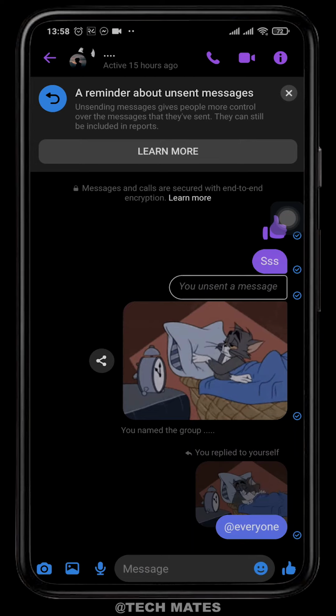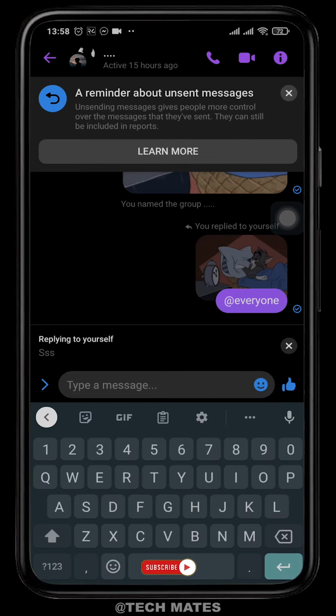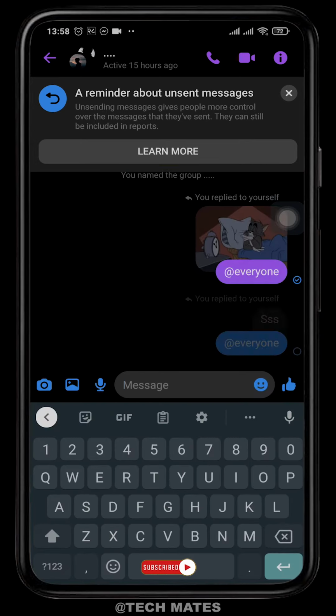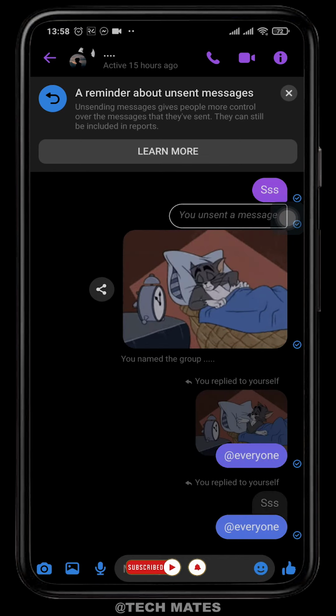You can also do the same for text messages. And this particular message will be notified